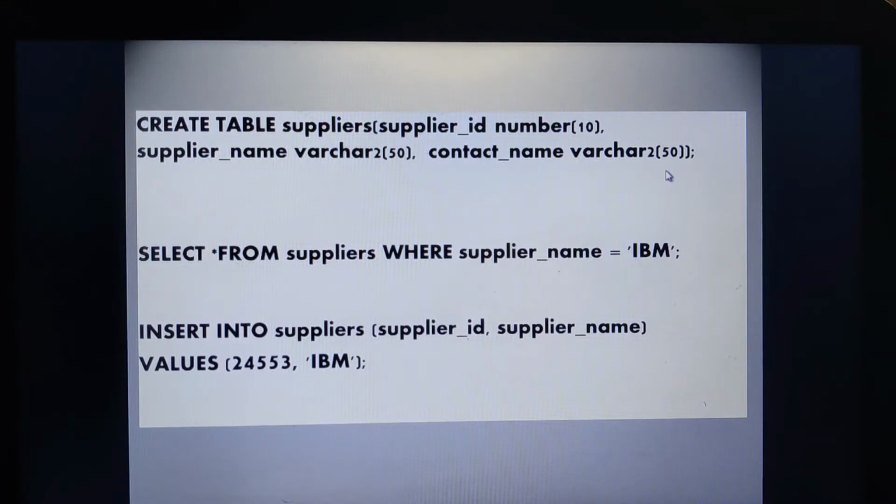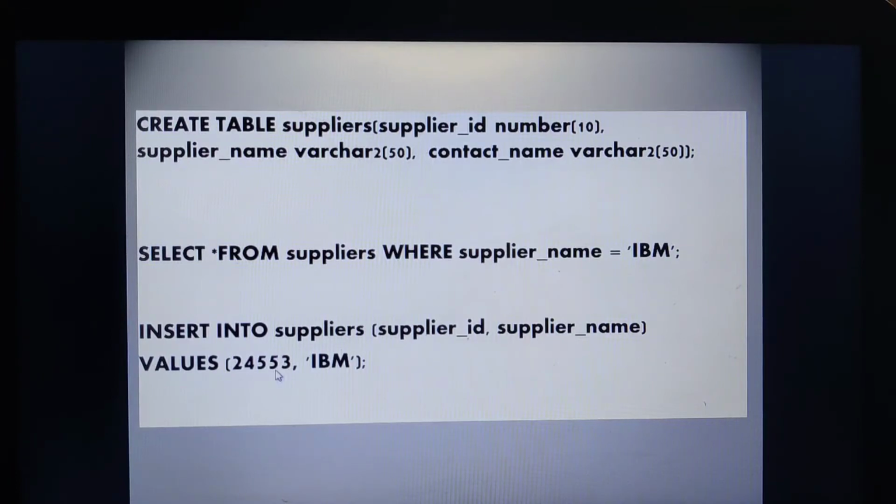Next, after creating, you need to insert the values into my table, suppliers. So for that I am writing a query by using an SQL command known as insert. So insert into table name, insert into suppliers. For which columns are you inserting the data? For the supplier ID and the supplier name.